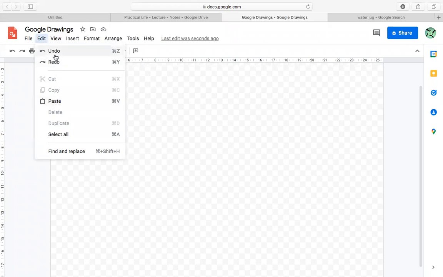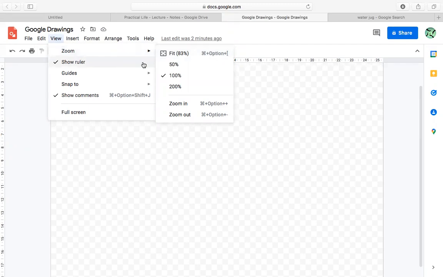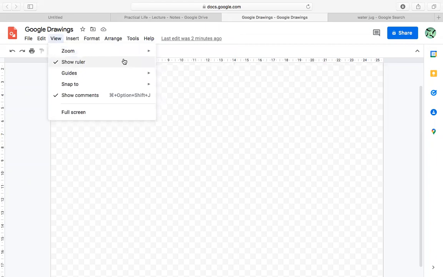Edit, the undo and redo options. We have to look at it, and the zooming options. So if you want to focus on details, like if you want to draw minute things, micro things, then you have to zoom in and draw the micro things. Okay. Next one is the